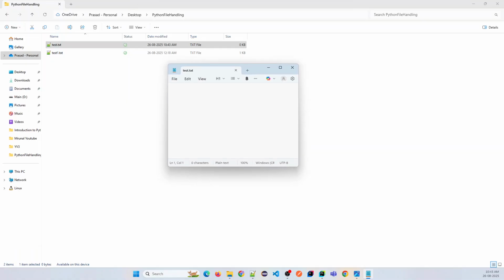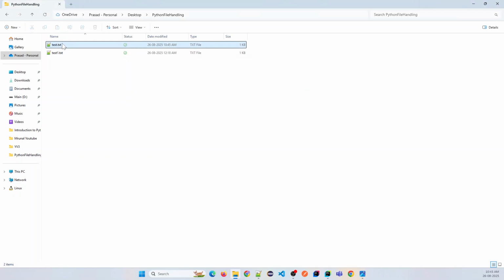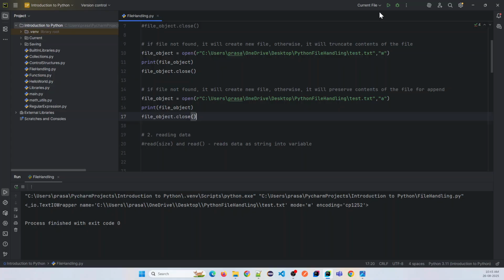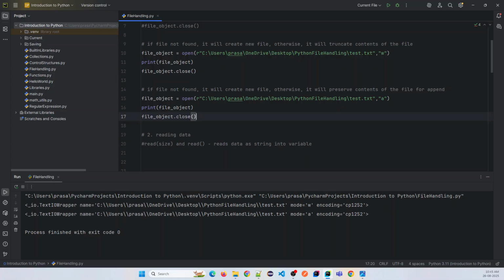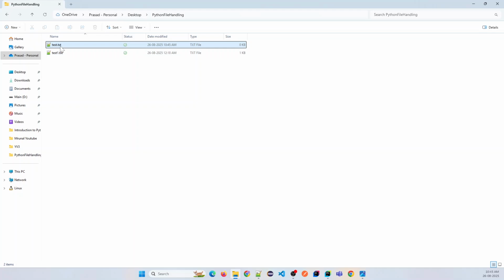And I'm going to write, let's say, this is text file. Okay. And save it, close it. So now I have contents inside it, right? So let's run this program, and I got this object with the A mode, right? And let's check the file. It will preserve that contents, right? It will not